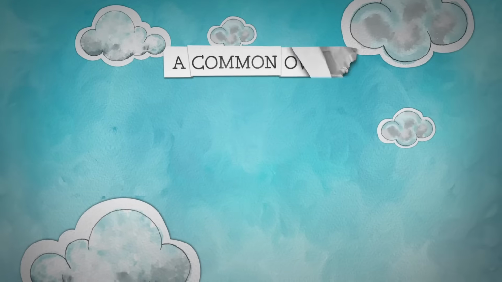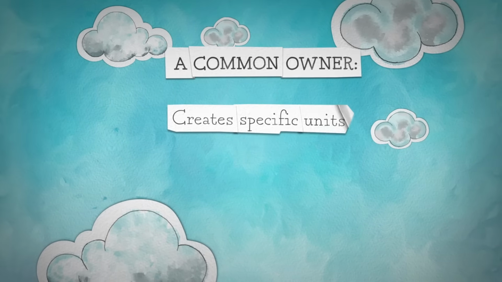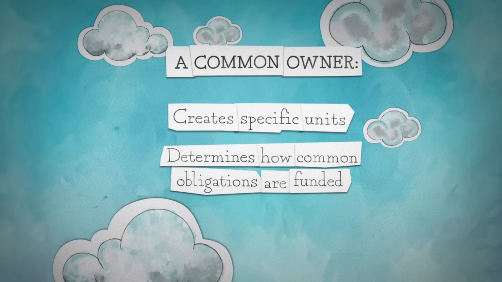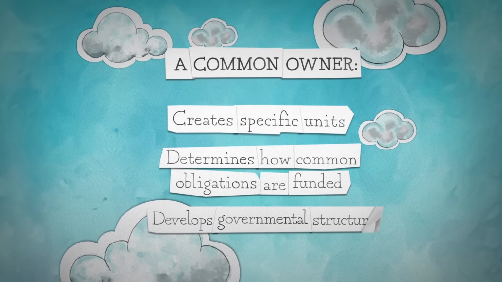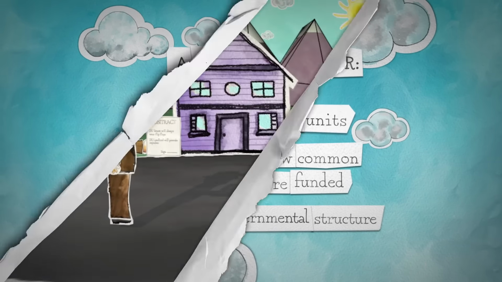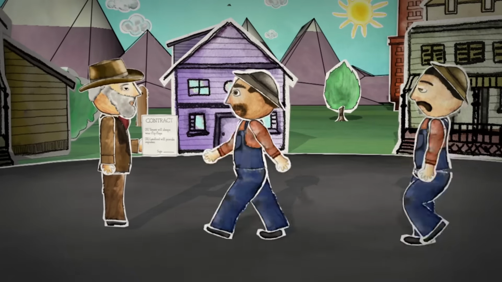As a matter of first principle, the correct answer is as follows. First of all, what you do is you get a common owner, and what that common owner then does is to create a series of contracts with other individuals which specify what units they're going to occupy and how they're going to fund their share of the common obligations and how the governance structure for the arrangement is going to take place. When you do this with one person, everybody else who wants to buy into the common